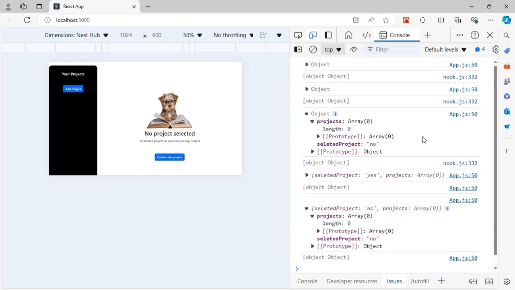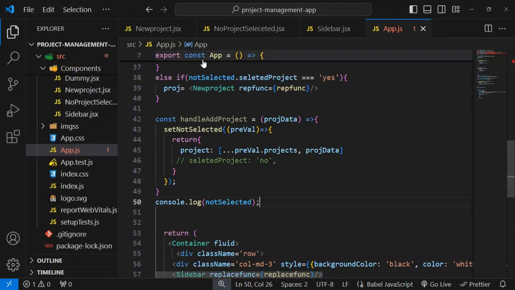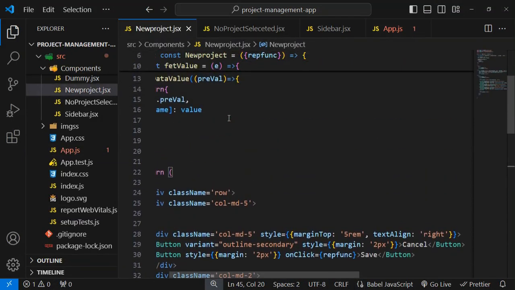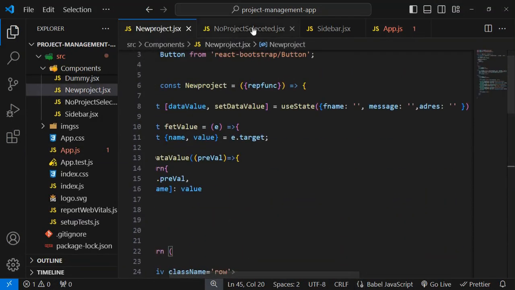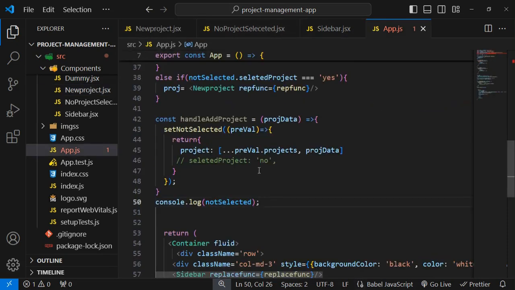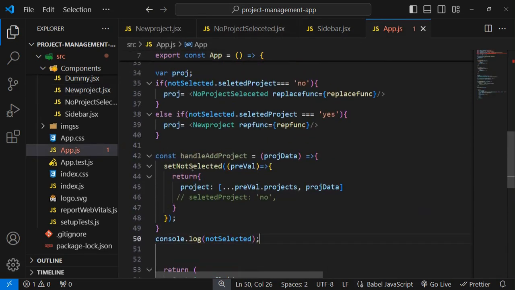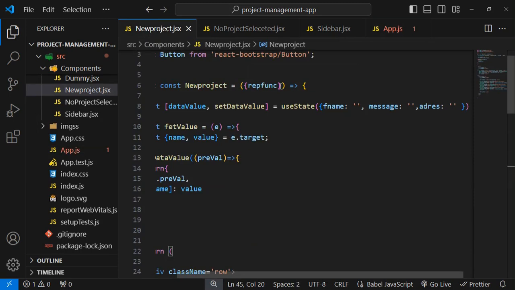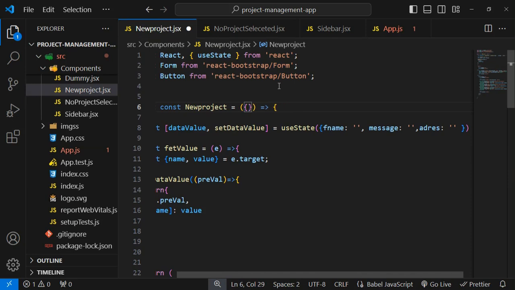I have not mentioned the function inside our new project, and I have also not passed that function here. That's why it is not showing anything. So for the very first step, let me copy it and move to our new project, and I have to pass that function and remove that function now. Control V. I have passed that function which is handle add project,